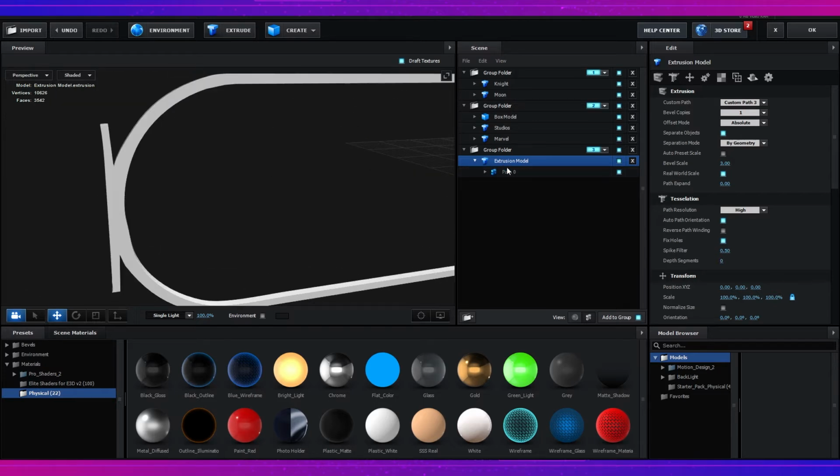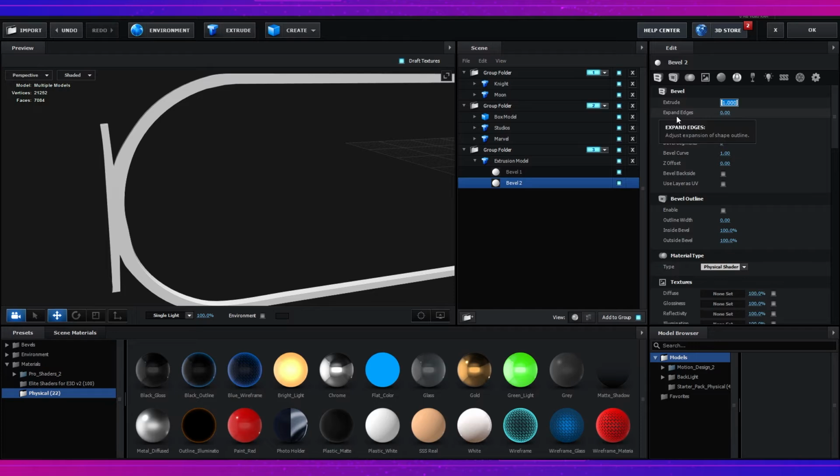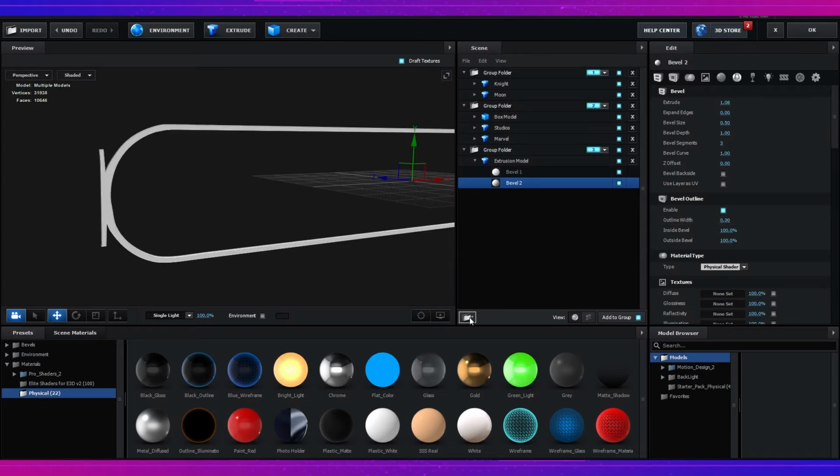For the border I will set bevel copies to 2, extrude 1.08, enable bevel outline, set outline width to 0.30, and now I will create another group